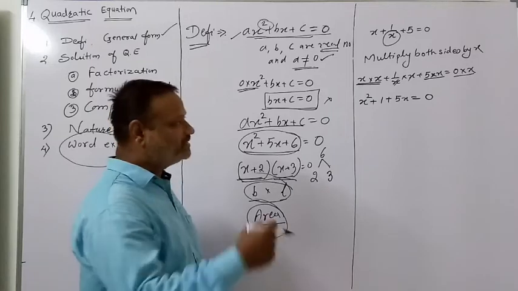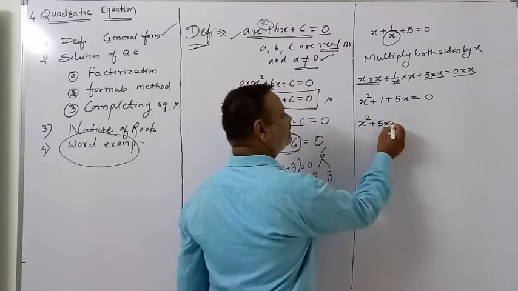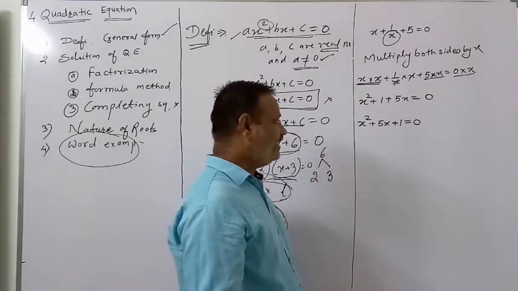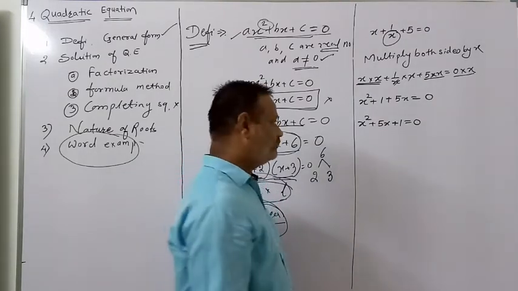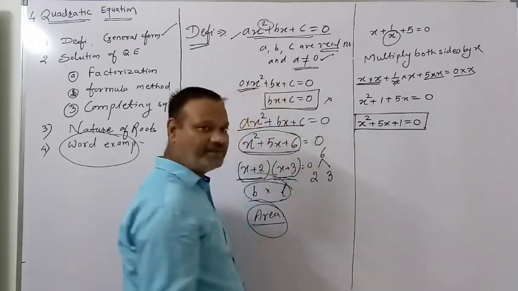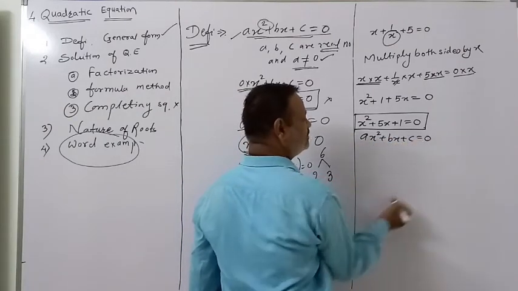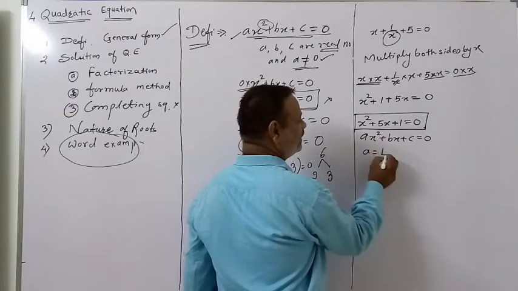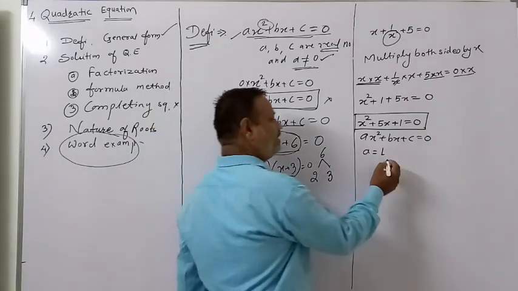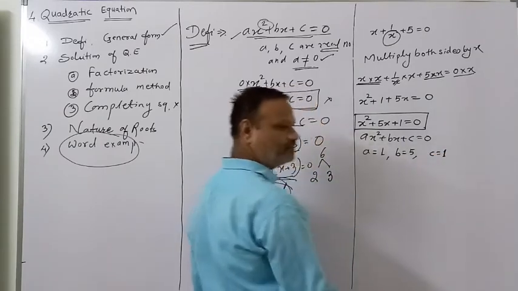Now we will find here the general form. We can write this equation in the general form, that is x square plus 5x plus 1 is equal to 0. Got it? Now this is your जनरल फॉर्म, इसको हमने जनरल फॉर्म में ट्रांसफर किया है. अपना जनरल फॉर्म है ax square plus bx plus c is equal to 0. Now here a is equal to what? 1. x square है तो x square के सामने क्या है? कुछ भी नहीं है. कुछ भी नहीं, इसका मतलब क्या हो गया? 1 हो गया. Now here the value of b is equal to what? 5, and c is equal to what? We will get 1. Got it?